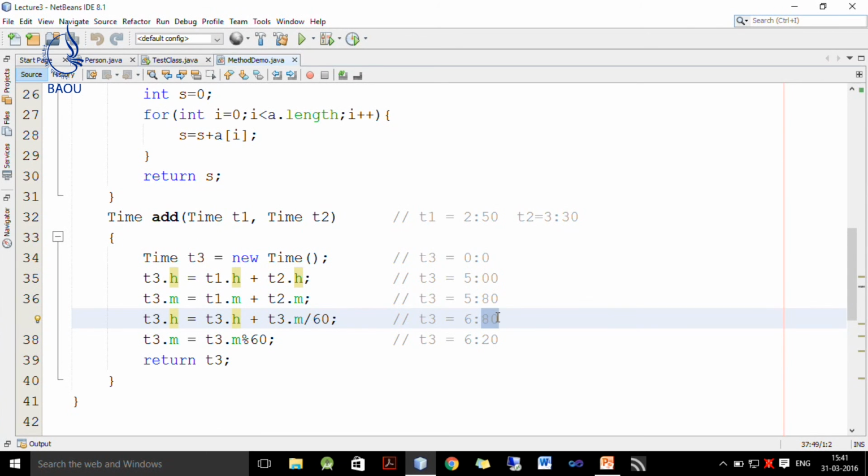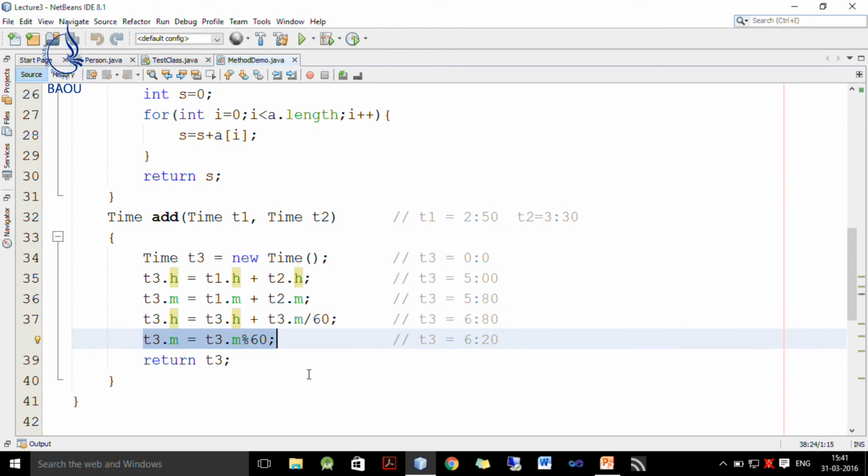But here now I want to subtract 60 from these 80. So, how to do that? I write T3.m is equal to T3.m modulo 60. That means we have to take only the part above 60, not the entire 80.